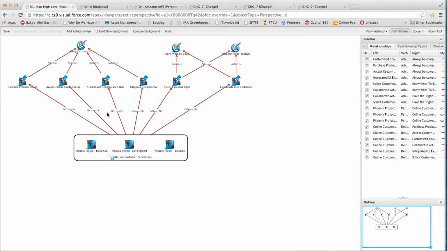Now we get to the issue of where the company has to be able to deliver on these requirements. So what do they do? Well, they kick off a new initiative, and this initiative is called the Online Customer Experience. For them, the online customer experience is broken into three projects. They have the Phoenix project that is the build out for the operations side. They have Phoenix project, the development side, and they have Phoenix project, the business, which is looking at all the marketing, go to markets, sales, branding, all those things you would expect the business to have to come to grips with, sales rollout,